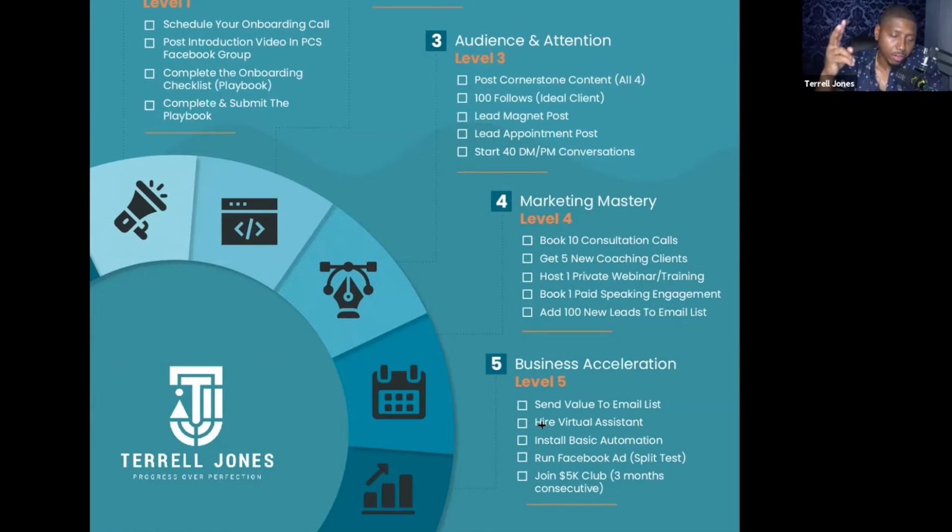Also, hiring a virtual assistant is what we're also going to discuss. So what does that really look like now that you understand the processes of the business and the strategies? Well, if you want to bring somebody else to help you supplement some of those activities, what does that really look like? We're also going to look at installing basic automation. So what does the back-end automation of your business look like? This is great for saving time. This is great for not having to do as many things manually. So we're going to talk through what are some of the basic email automations and things that need to be